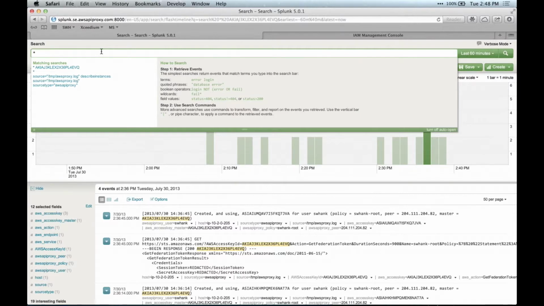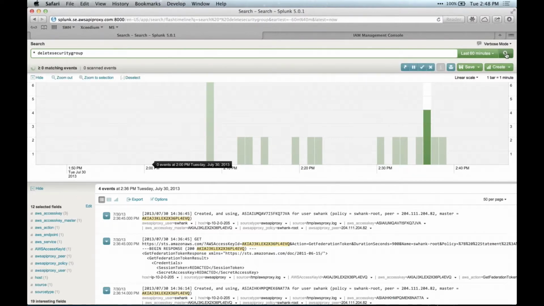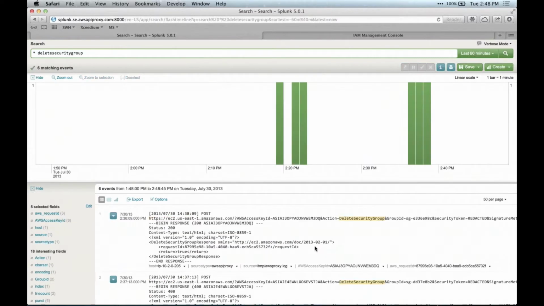So if I wanted to, for example, show one of the commands that I ran previously, which I believe was delete security group. Okay. If I type, right here you can see delete security group, and I'm going to show those 9 instances and see how many ran in the last 60 minutes. Now you can see, in addition to the command that's highlighted here, you get to see the entire layout. Remember I said that I wanted to send this to US East, so there's the region. Here's the access key. Again, this is a tokenized temporary federated access key that comes from the STS integration we've done with the API proxy,